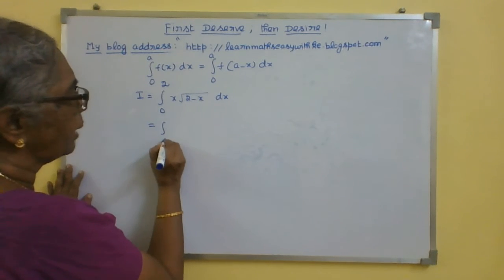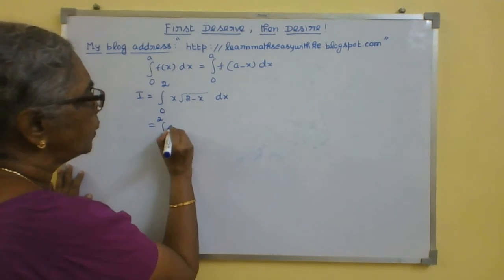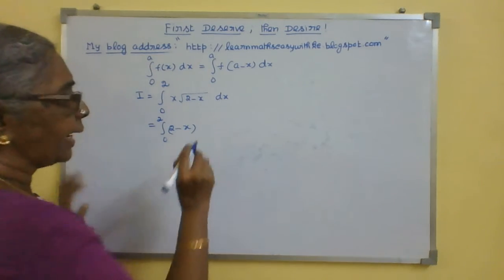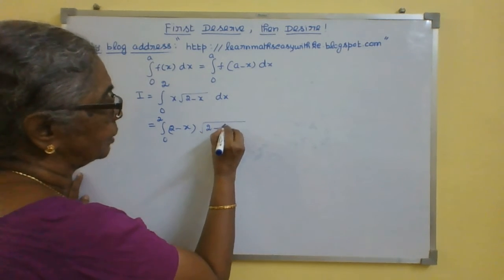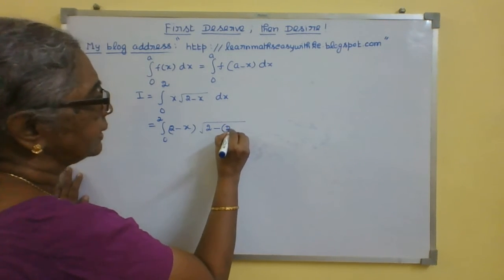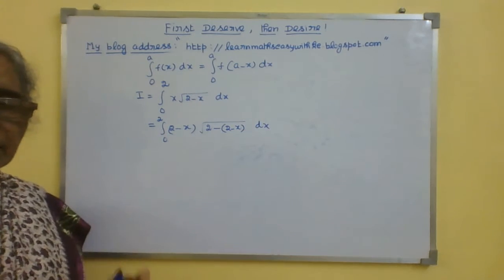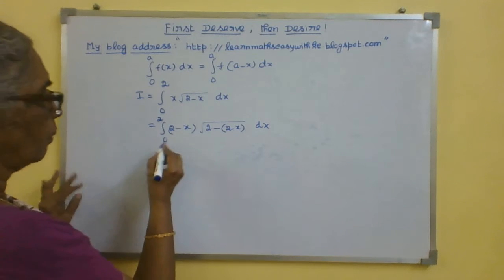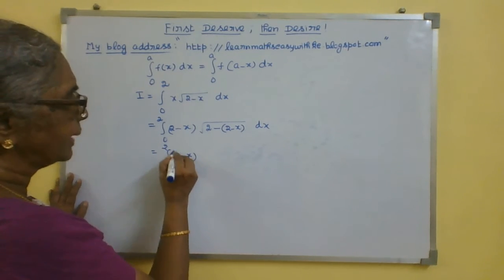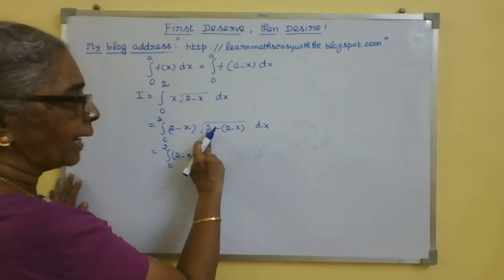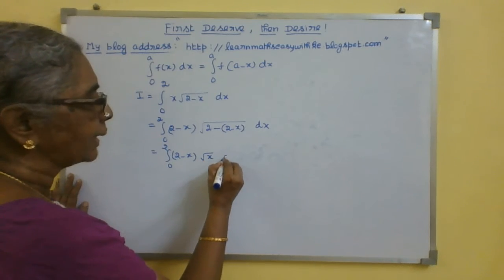So here what we will do is, we will write this property. So now I will be getting my I is 0 to 2. Now for this x I will write 2 minus x, that is the a minus x for me. Then root, this 2 I will write as it is, minus, in the place of x I have to write 2 minus x dx. Okay. So wherever x is there, you write 2 minus x. Now what happens? Integral 0 to 2, you have got a 2 minus x outside. If you remove the bracket, this 2 and this minus 2 will get cancelled. You will be getting root x.